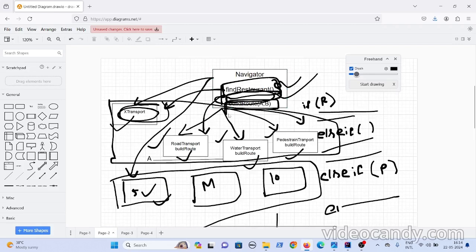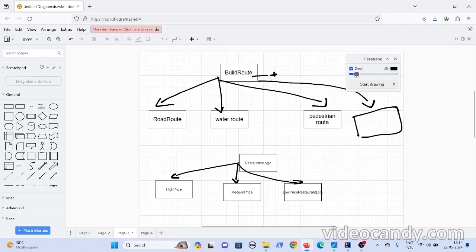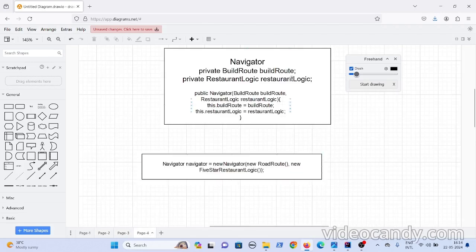That's why you removed all these behaviors and created a separate interface. But since you need to use the build route and the restaurant logic, instead of inheritance, you have used composition here.